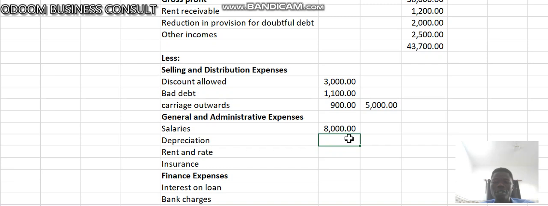You have depreciation. Depreciation in accounting means the reduction in the value of tangible fixed assets. And depreciation is a topic on its own that we will treat later. So when you buy an asset, as you continue to use it, the asset falls in value. And so that reduction in the value of an asset becomes a business expense. So that by the time the asset expires, you may have charged all this depreciation for you to be able to capture the consumption of the asset in the determination of